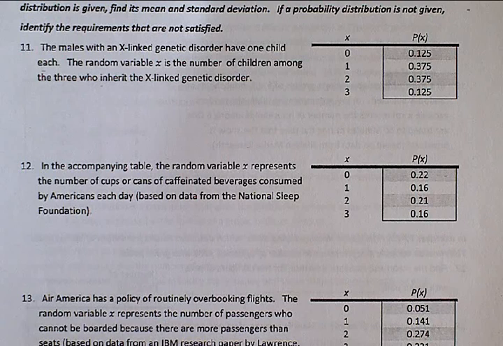Okay, so on number 12, the first thing I'm going to do is add up all the probabilities that are there. So the 0.22, 0.16, 0.21, 0.16, that becomes 0.75. Clearly the sum of the probabilities is not